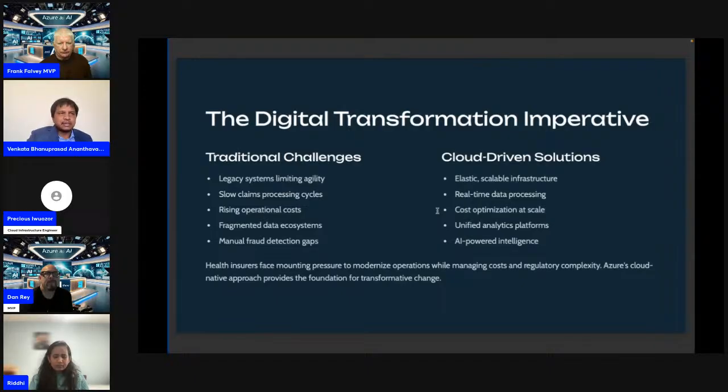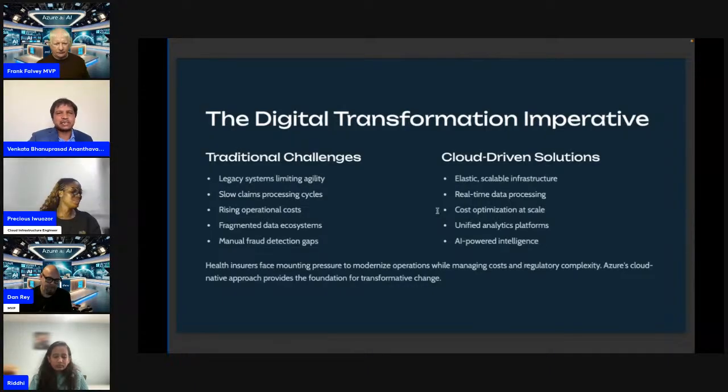So mainly the digital transformation imperative: health insurance organizations are at critical turning points. The demand for faster service, improved member experiences, regulatory compliance, and cost efficiency is accelerating. However, traditional operating models continue to present significant challenges. A few of the traditional challenges are legacy systems limiting agility, slow claims processing cycles, rising operational costs,